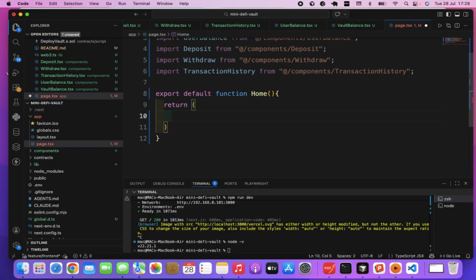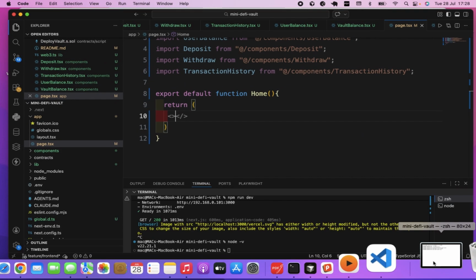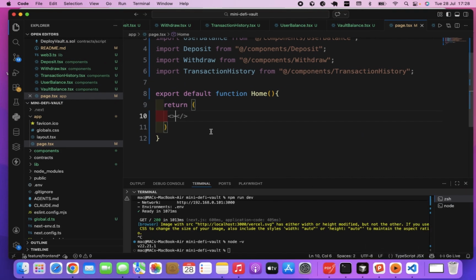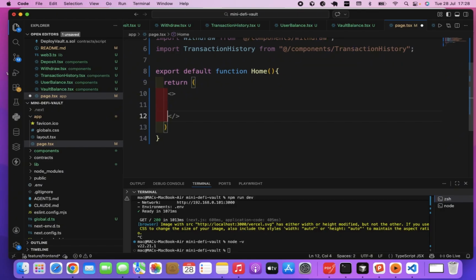So in our return statement, opening and closing tag, we put this. So go and check our page. It's expecting us to send what we want to send. Now, in between this opening and closing tag, we now start to render those components